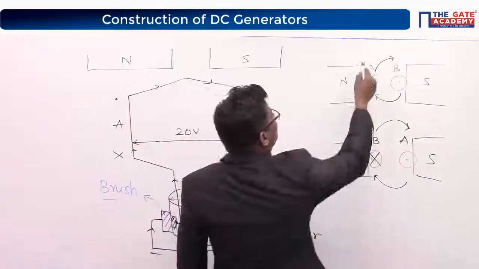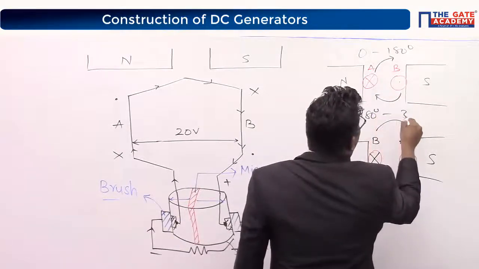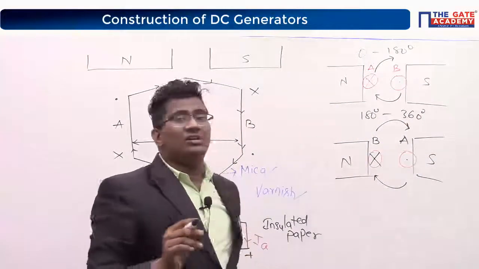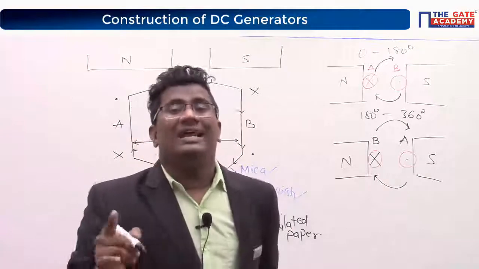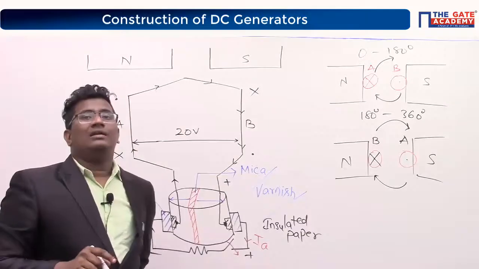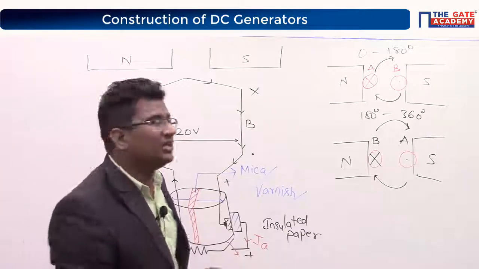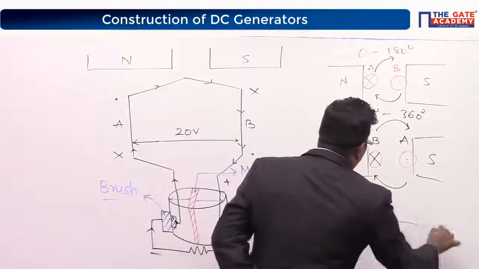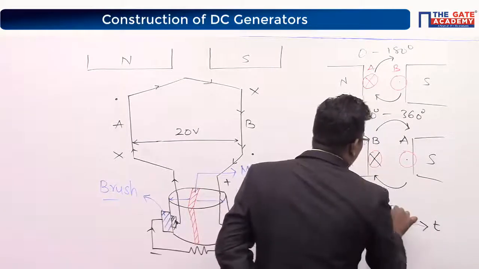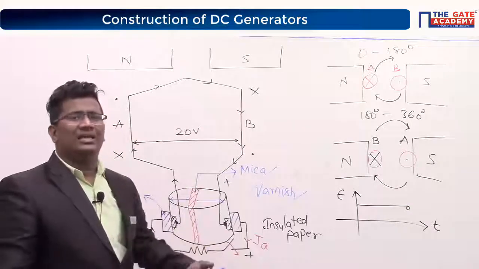0 to 180 degree. This is 0 to 180 degree. Okay. This is 180 to 360 degree. 360 degree revolution. Tell me, the induced EMF is not time varying. Time invariant induced voltage means, is it a DC or AC? Yes. Therefore, finally you are getting induced EMF as DC voltage.